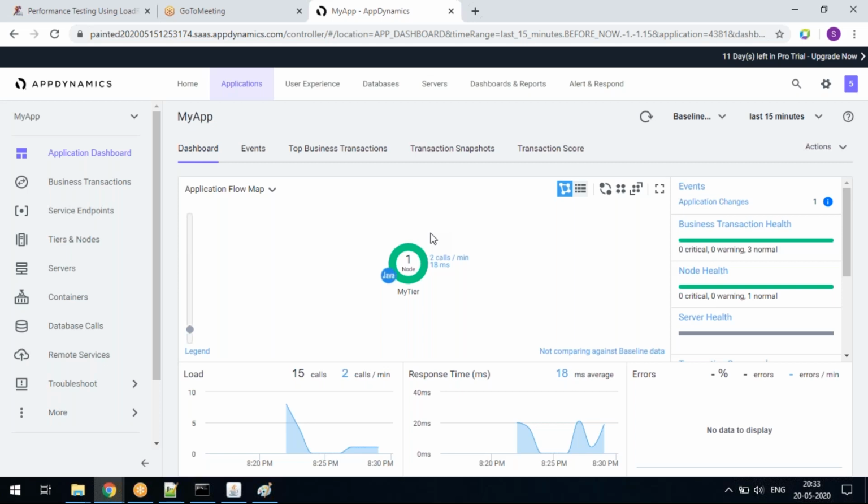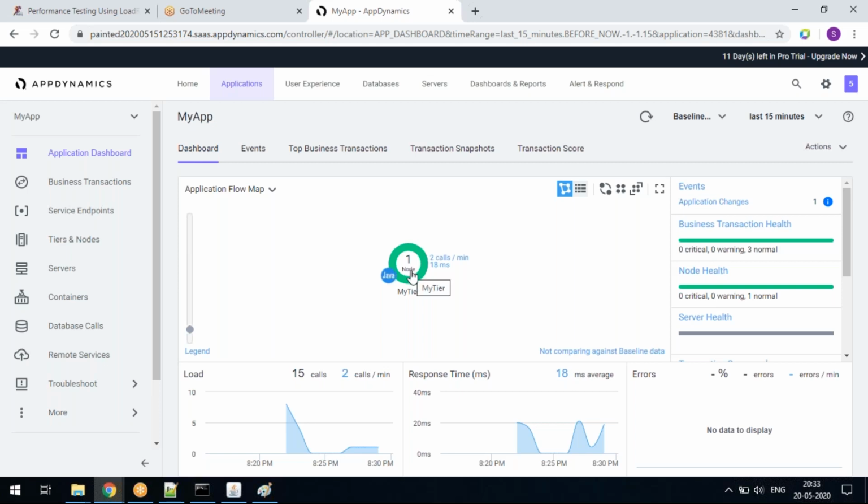Now you will understand, as a performance tester in the traditional way, those who are doing performance testing may not know where the request is triggering, where it is going, what is the time taken, what call is triggered. People will not be aware of that information, guys. But using these APM tools, you can easily understand certain things.